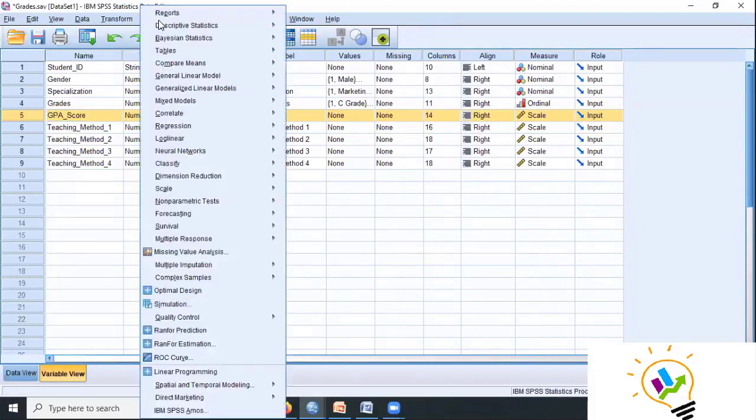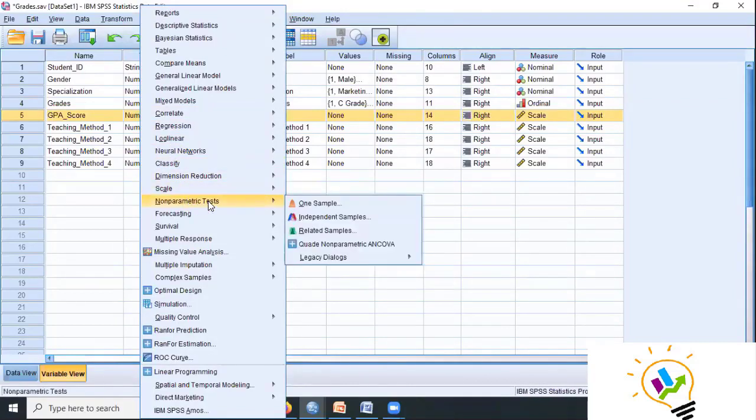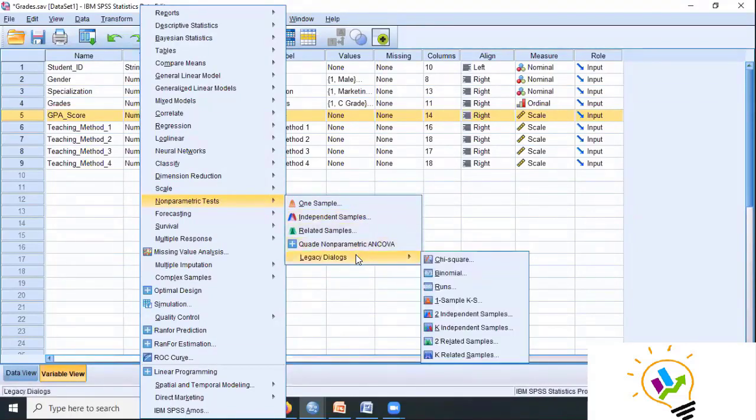In SPSS, Analyze, we have Nonparametric Tests. In non-parametric, we have Legacy Dialogs. Here, Two Independent Samples, because gender, male and female, gives two independent samples.